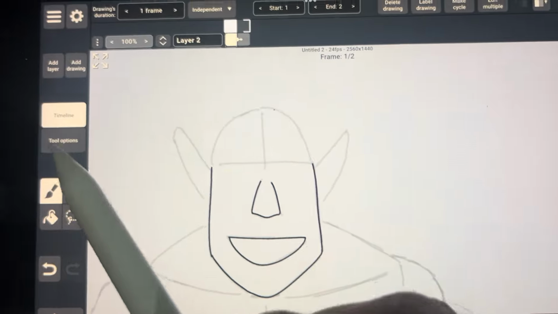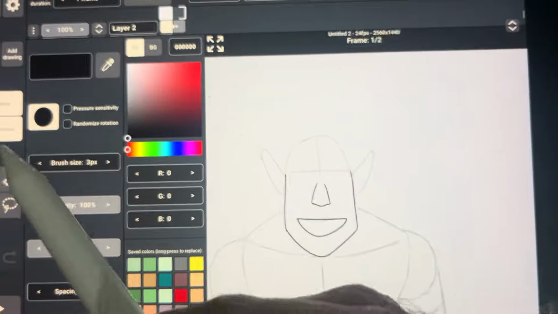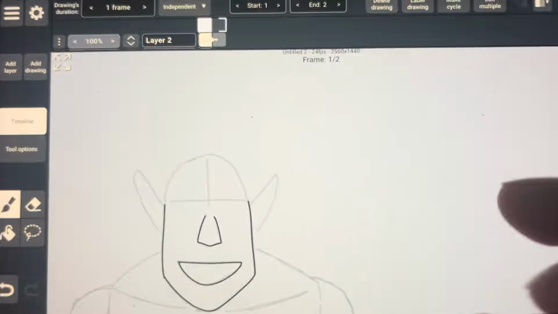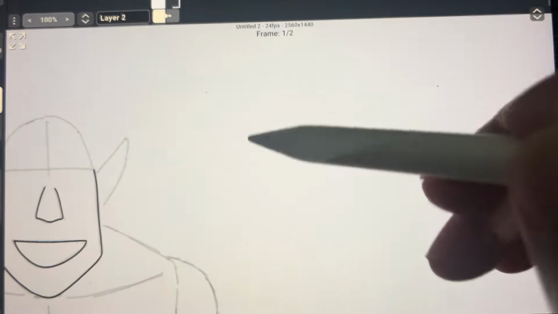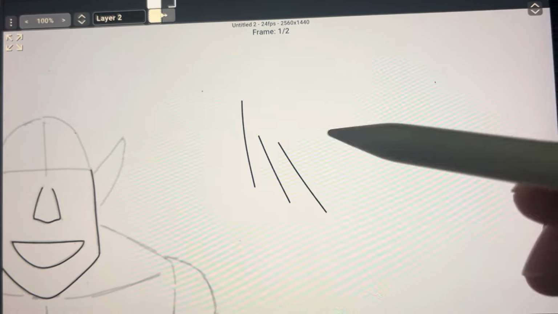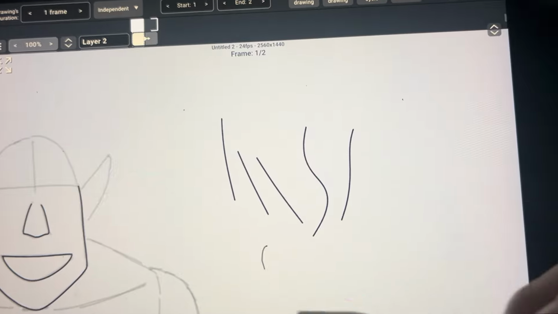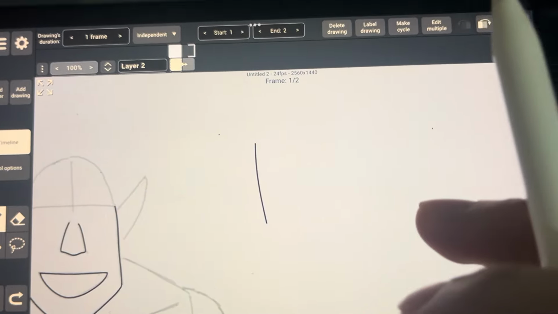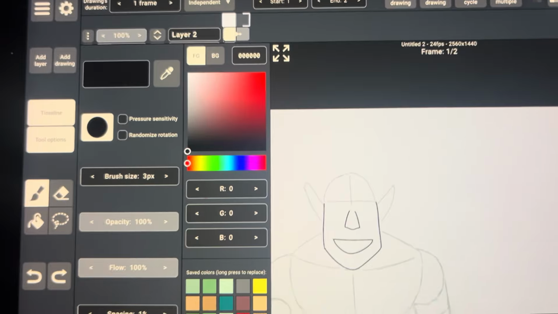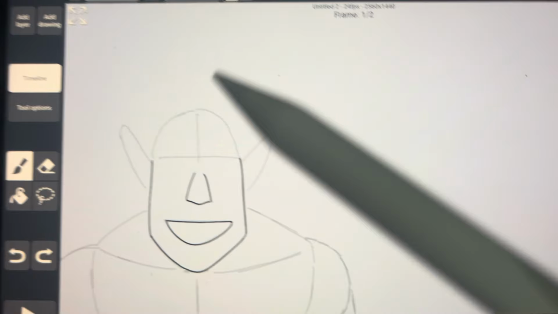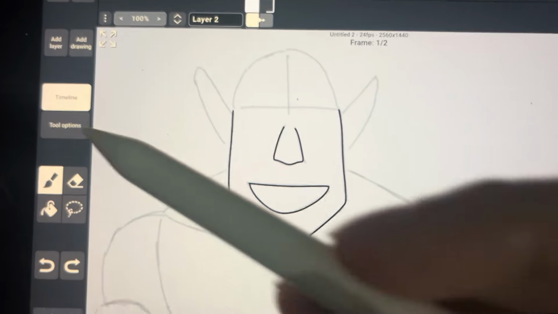But I do not recommend it when doing sketch because you cannot sketch in smooth settings. You just use this whenever you want to clean up your drawings.